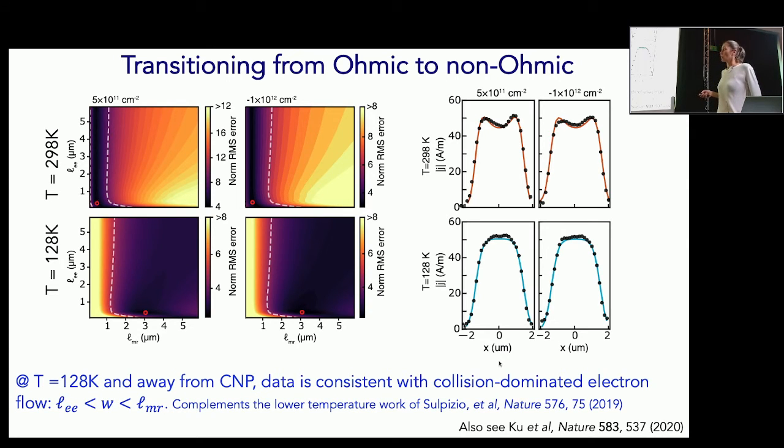These red dots show the closest fit of our data to the simulation, which is consistent with the momentum-relaxing length being on the order of several microns, and the electron-electron scattering length being on the order of submicrons, showing that this is consistent with